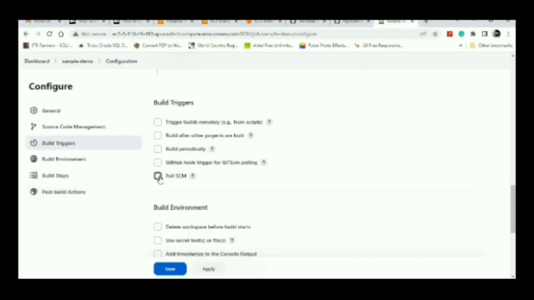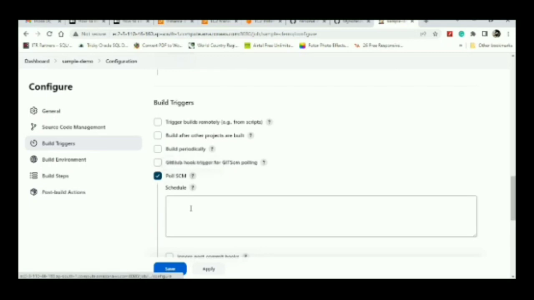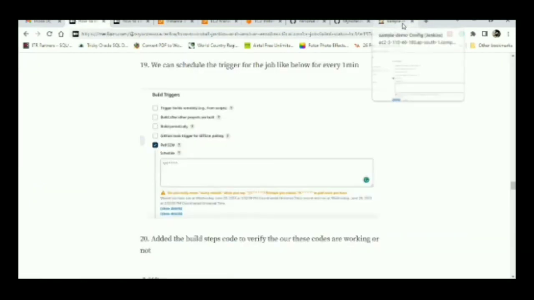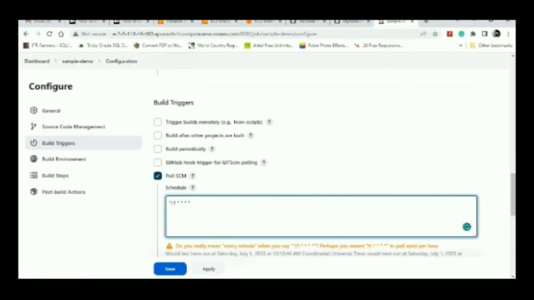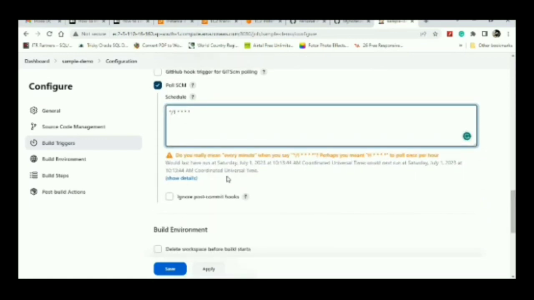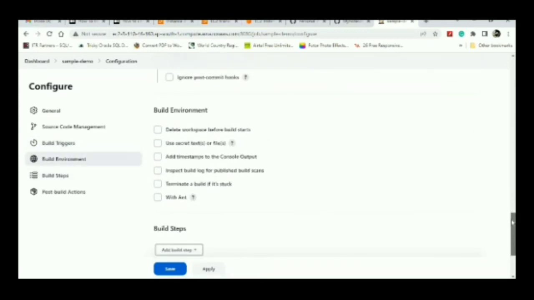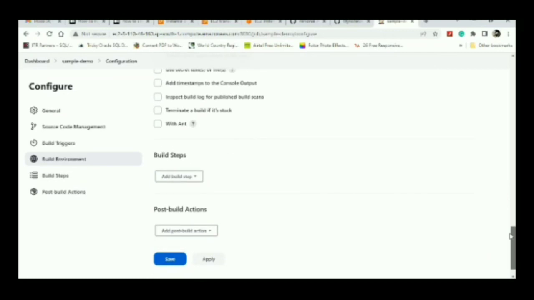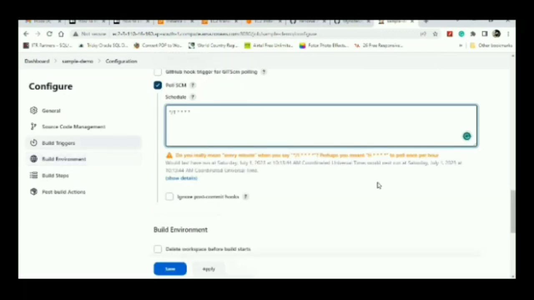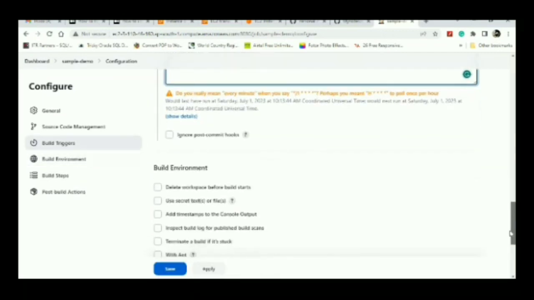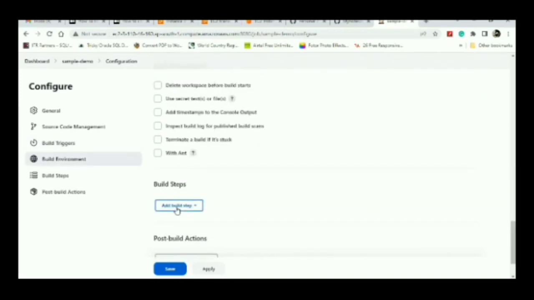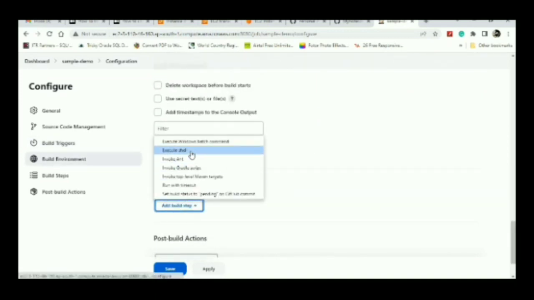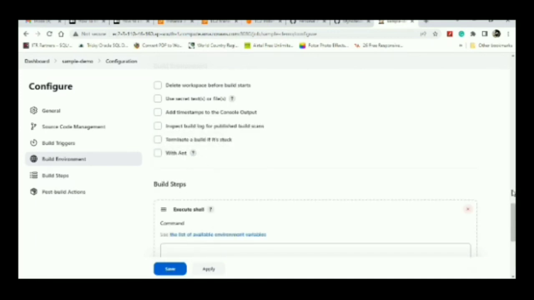I'm just verifying here. Once we add it, it says, do you mean every minute? It will provide that option, so you can just provide that. And then the next step is the build step. In the build, we can add plenty of scripts. I'm going to give a shell script,